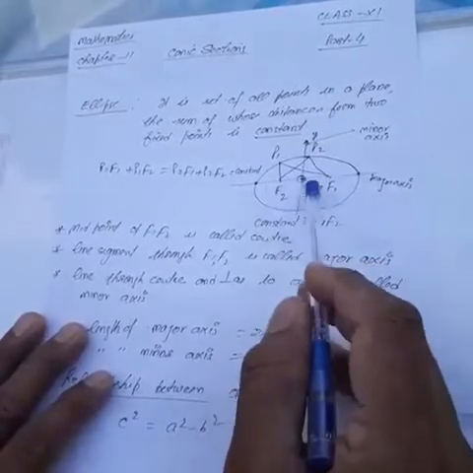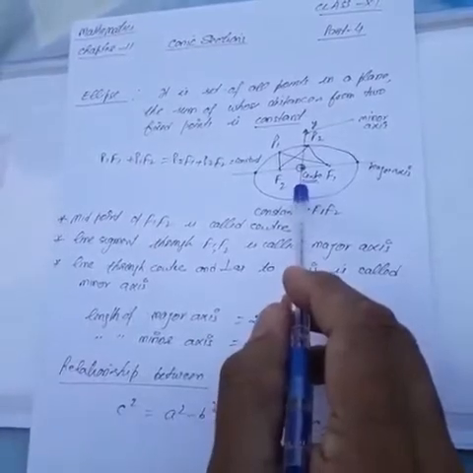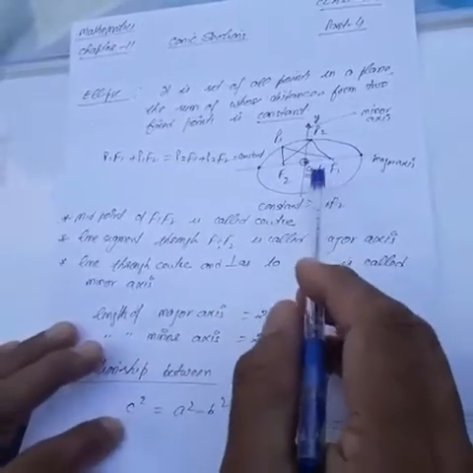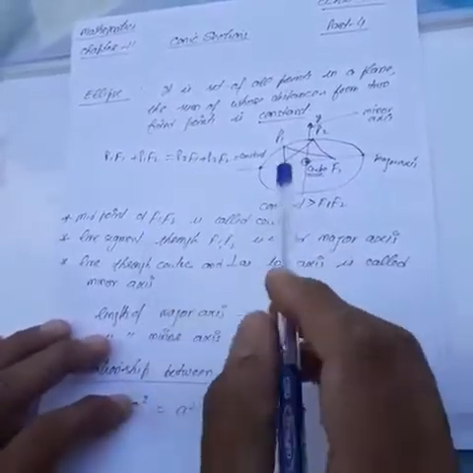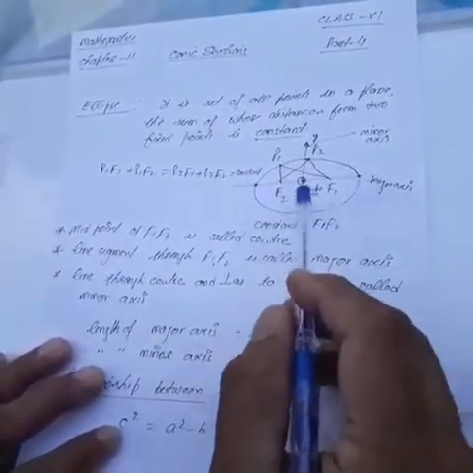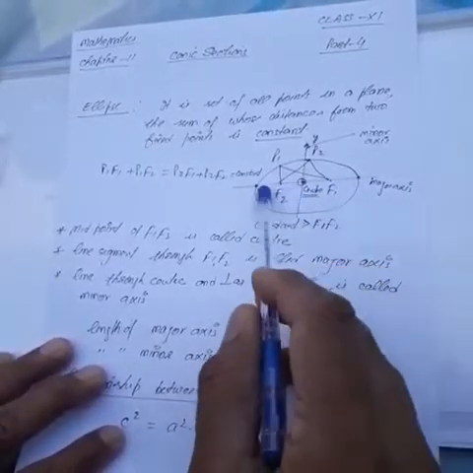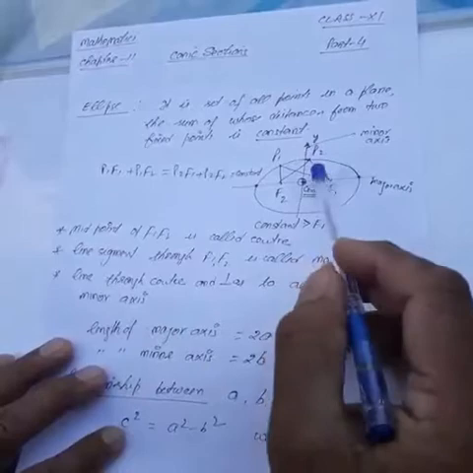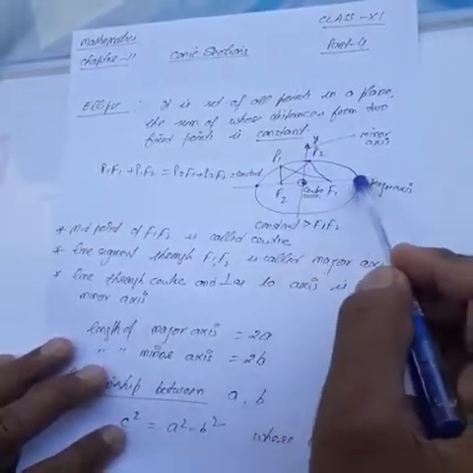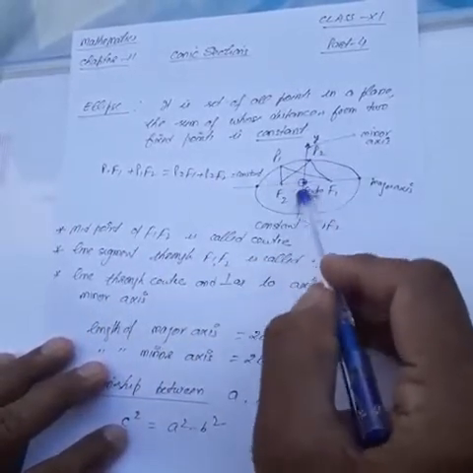Now the midpoint of F1F2, where F1 is the first focus and F2 is the second focus, is called the center. And in your syllabus you have only ellipses where the center is at the origin. So we will study the ellipse where the center is at the origin, and the line segment passing through F1F2 is called the major axis. The minor axis is a line passing through the center and perpendicular to the major axis. Because the center is at the origin, the perpendicular line will be the y-axis.